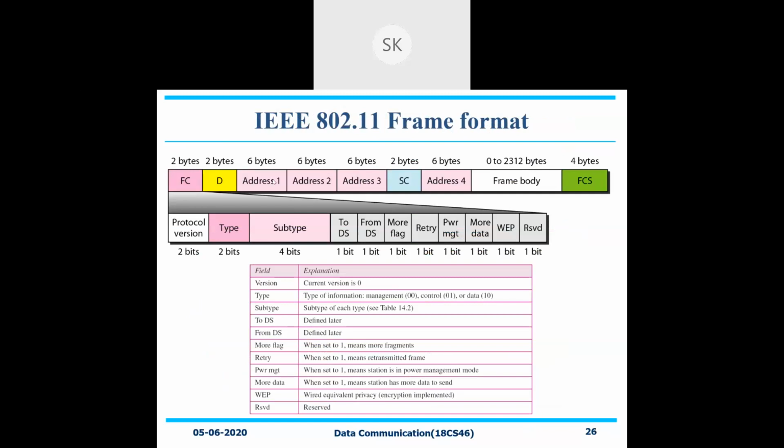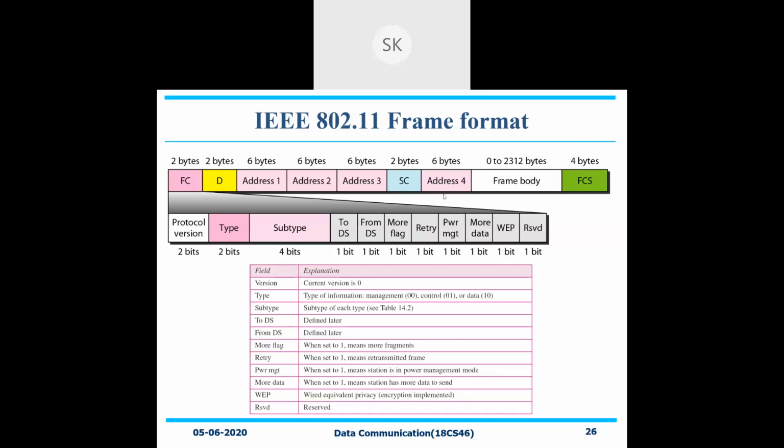See, intermediate addresses are nothing but the access point or any other system that is holding it. So ultimately the destination address should be the first one. The next one will be the source address. If you have the access point, first the receiving access point, then the source access point, followed by the destination, followed by the source. That is how it works. So this is how it will be done.